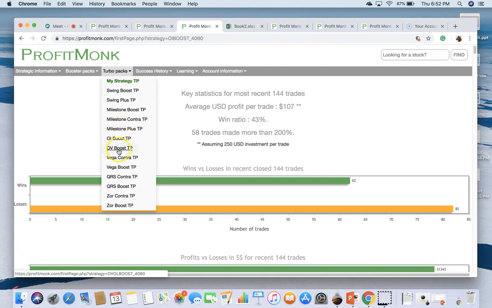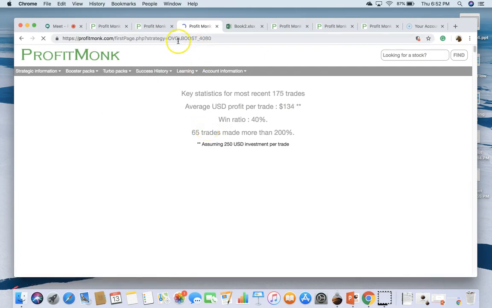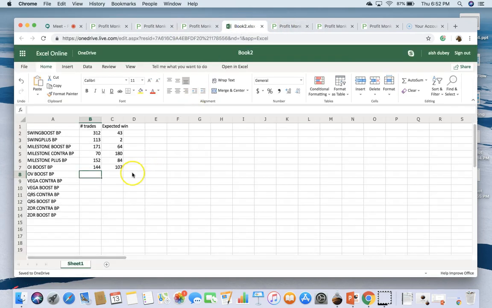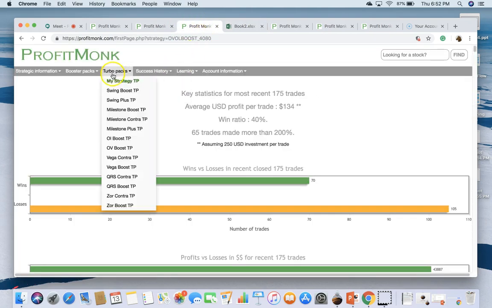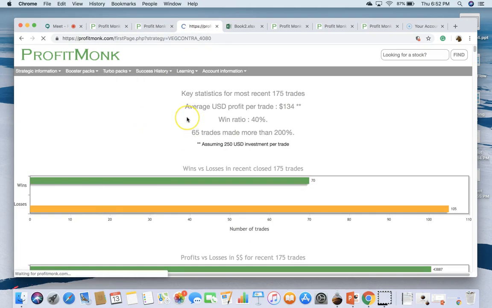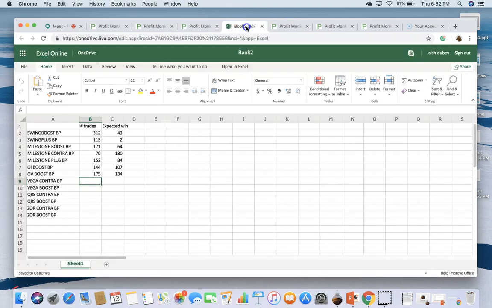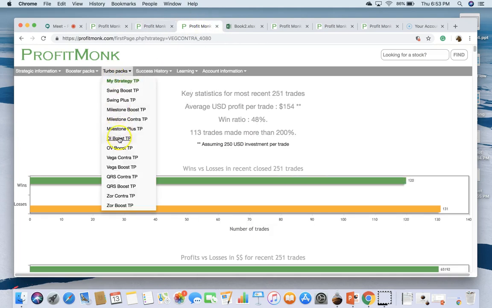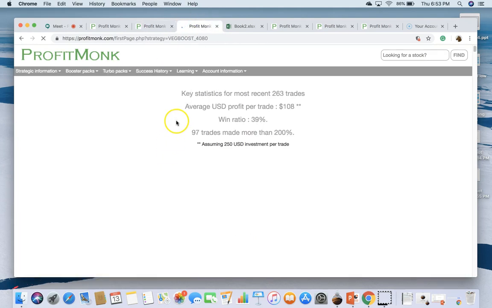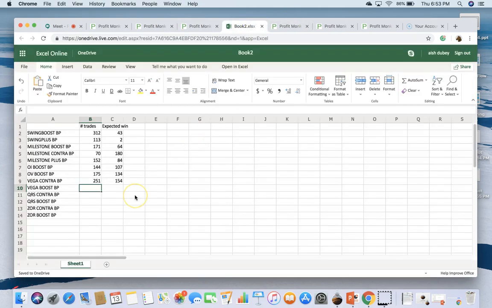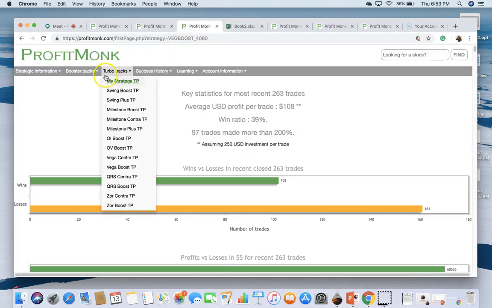144, 107. Now we are at OV Boost, which is 175, 134. Vega Contra, that's the next one. So how much is that? So this is 251, 154, and then Vega Boost. Let's check this one out. This is 263, 108. QRS Contra